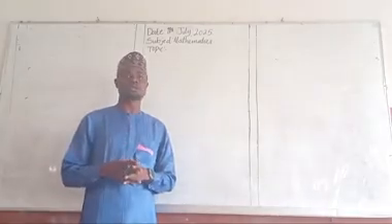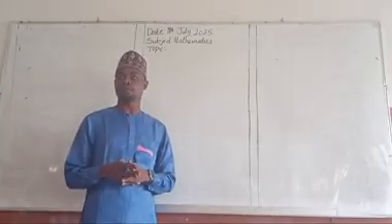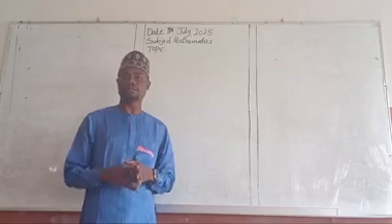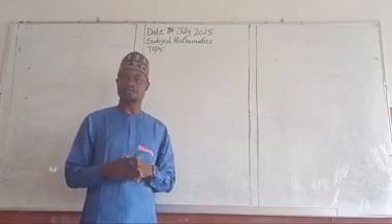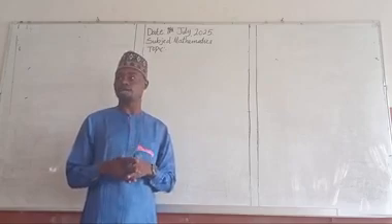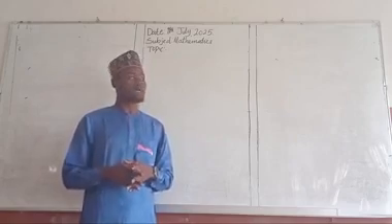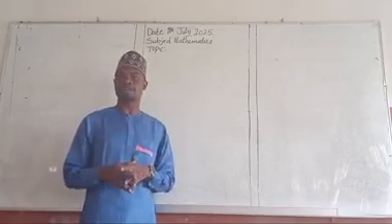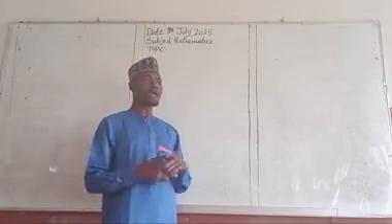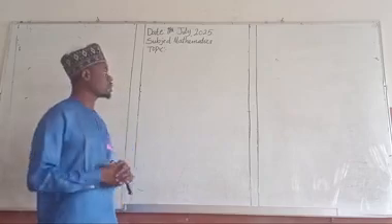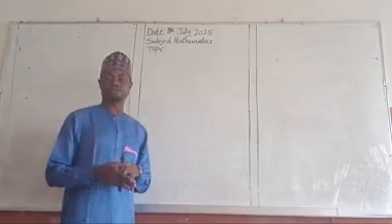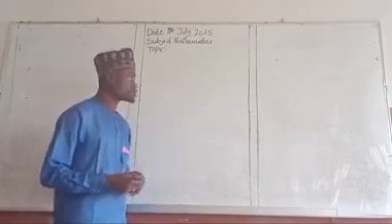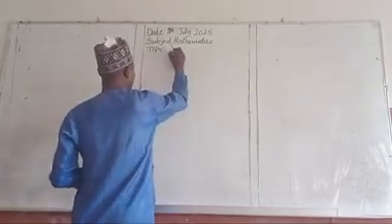Variation is divided into four types. We have direct variation, inverse variation, joint variation and partial variation. But today we are going to look at the first two, direct and inverse variation. This topic will help you in mathematics, physics, and chemistry, because it's related to so many laws in physics and also chemistry. So, like I said, today's topic is